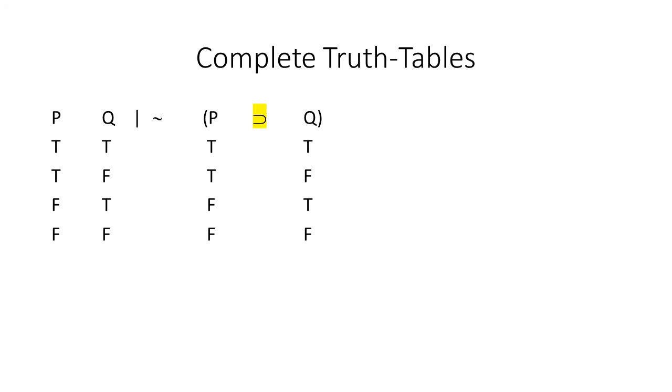So the next thing you want to do is solve for the horseshoe. We want to work from the inside out. So this is the next thing to solve. And of course, the thing that you would use here is just the truth table for the conditional, or the horseshoe. Okay, so when P is true and Q is true, it's true. When P is true and Q is false, it's false. Whenever the antecedent is false,